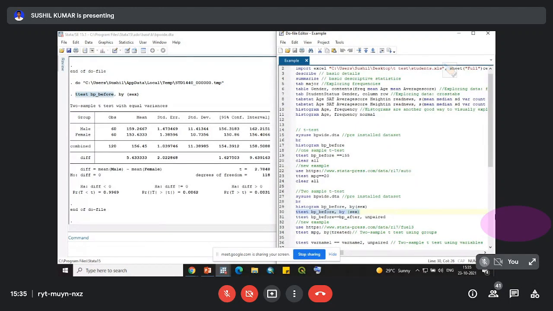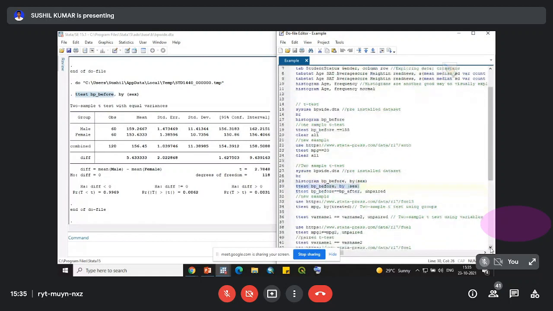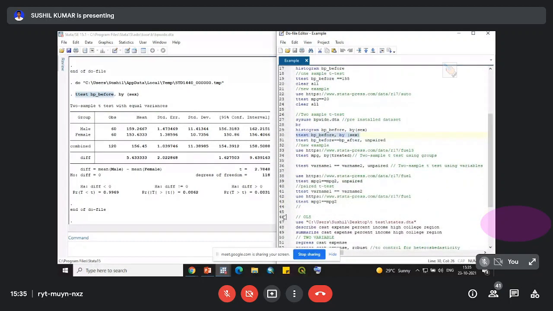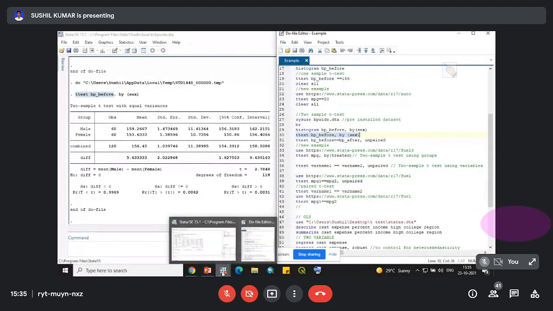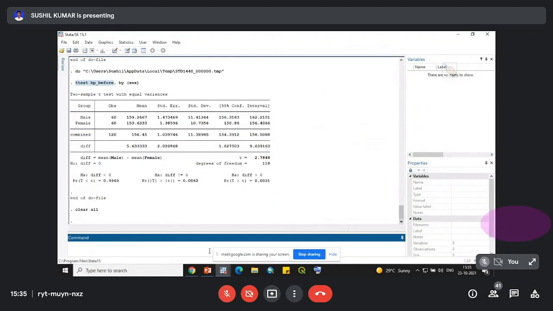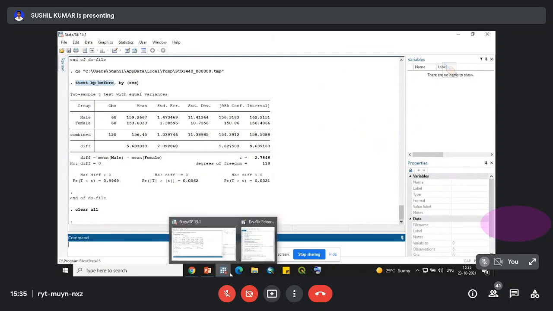So let us move to the next thing, that is our paired t-test. For that, we will use another dataset and remove our old dataset.